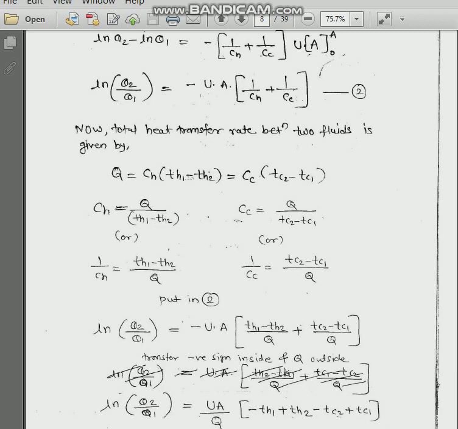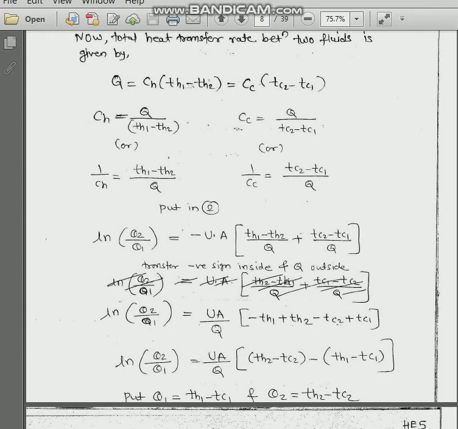Now whatever equations we have, we will put these in equation number 2. So equation 2 will be ln theta 2 divided by theta 1 is equal to minus UA, it is same. Instead of writing 1 upon Ch plus 1 upon Cc, we will keep these two values which we calculated here. Next we are able to take this q as common, so we will do it. So this remains same, UA divided by q, as q has been taken common. Next this minus will go inside, minus Th1, this minus minus becomes plus Th2, again it becomes minus